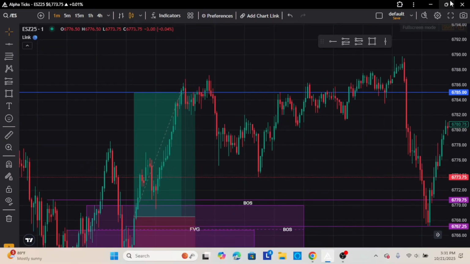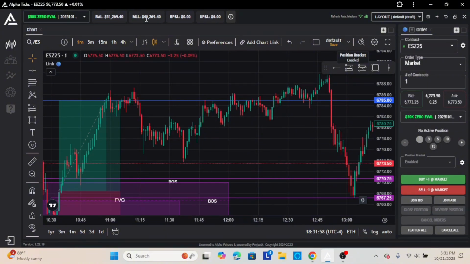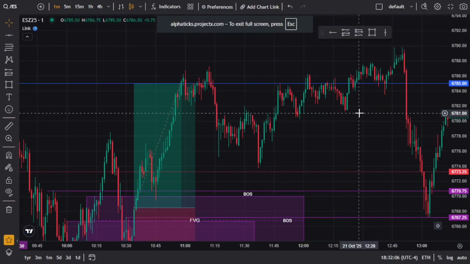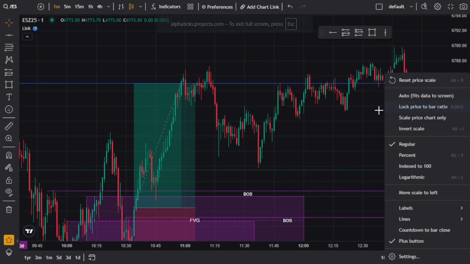And also there's rules to these accounts. Like you can't go underneath a certain amount. Like my maximum loss limit is 49,000. Once I go below that, 49,000, this exact amount, then my account is gone. Whether I passed the test or not, it's always going to be there before and after.